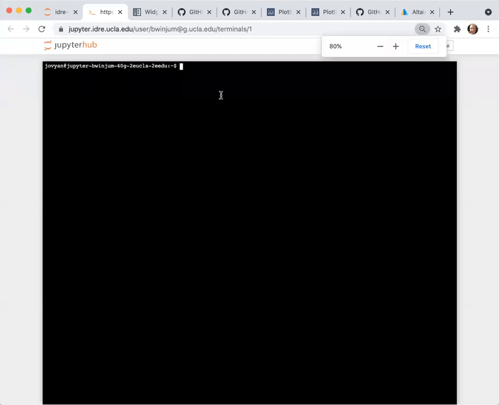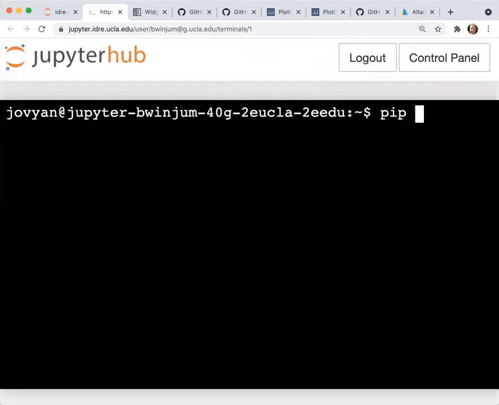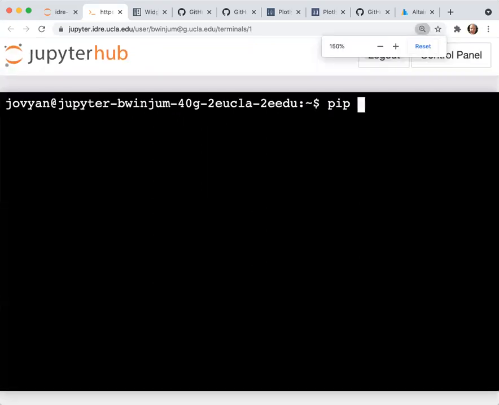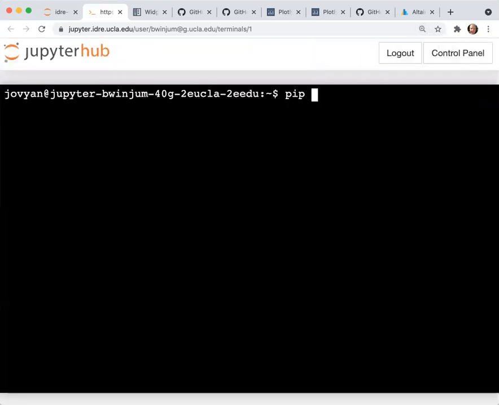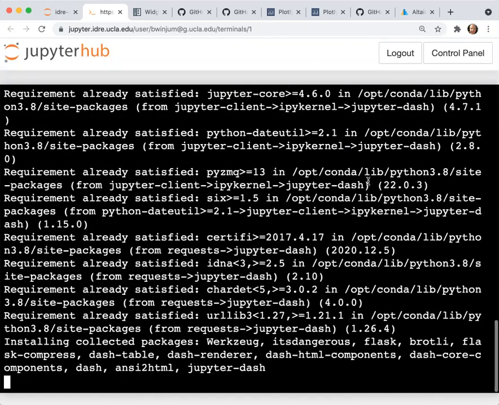So inside of this terminal, I want you to use pip to install Jupyter Dash. So Jupyter Dash is Jupyter, and then an explicit dash character, and then the letters dash. And then hit enter, and this will install a library that we need for that notebook.